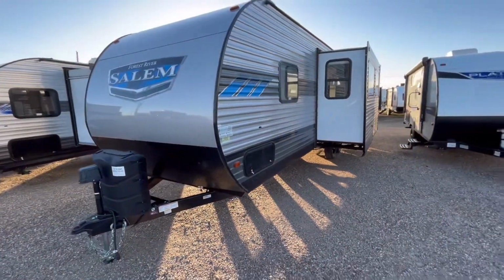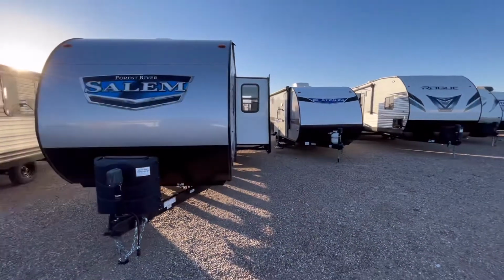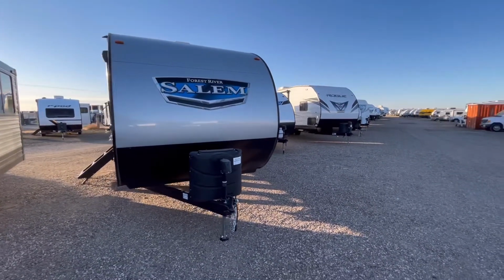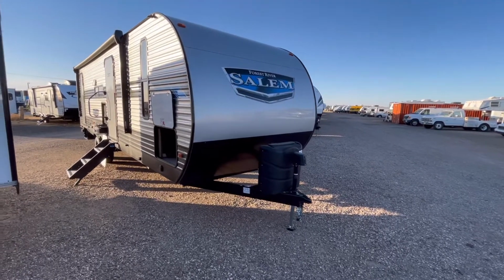So with that being said, that is going to wrap it up for the 2022 Salem by Forest River Model 26DBUD. If you're interested in this bunkhouse travel trailer and you have any questions, or if you'd like pricing and